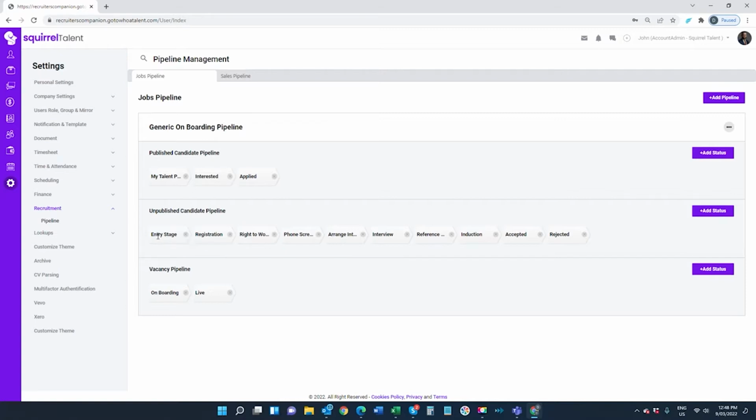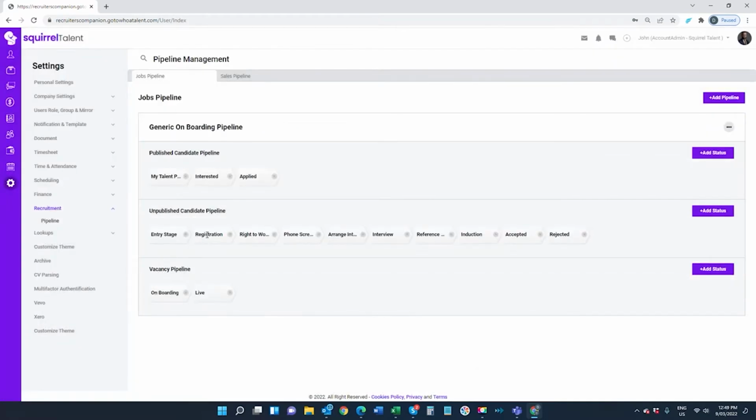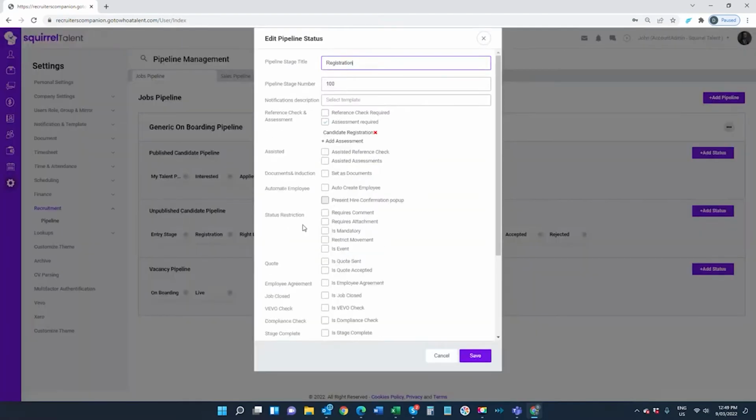On the entry stage, what we want to do is when it is complete, we want the candidate to be moved to stage number 100. As you can see, there are no actions being required of the candidate or the recruitment consultant or anybody in the business to complete this stage. So by definition, a candidate arrives in the initial stage, it's complete, and they are then automatically moved to the registration phase. They come into the registration phase, they are sent the